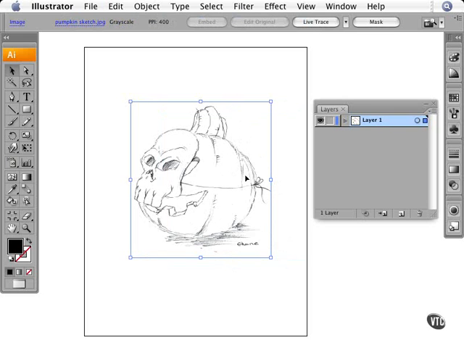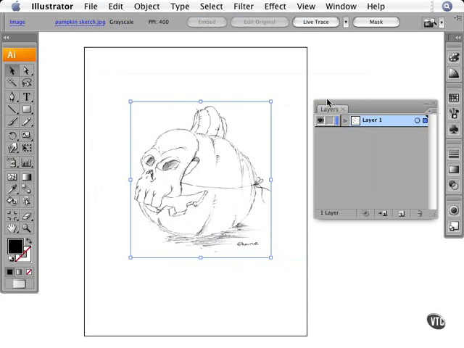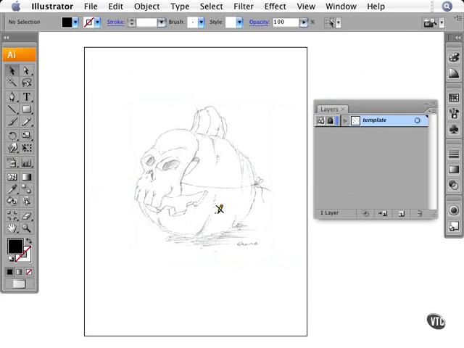Now, the most important thing to me when I'm working is organization. So I'm going to double click where it says Layer 1. I'm going to rename this Template. And then I'm going to click Template to lock this layer and click OK. I can no longer manipulate this layer. Now I'm going to zoom in